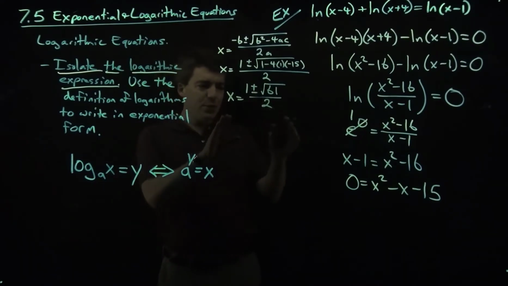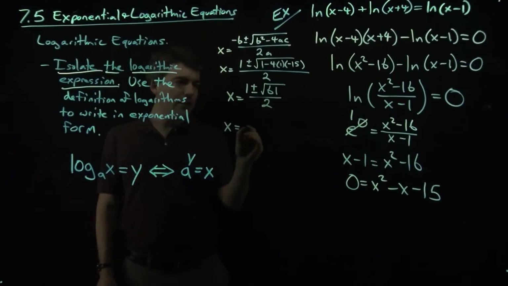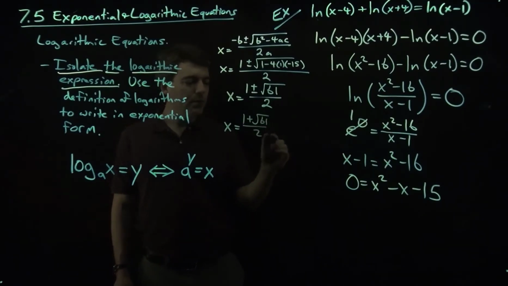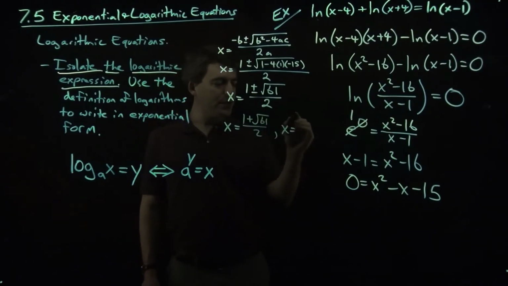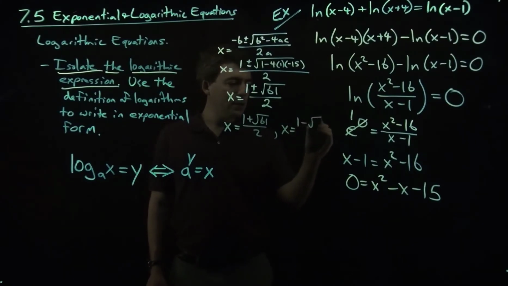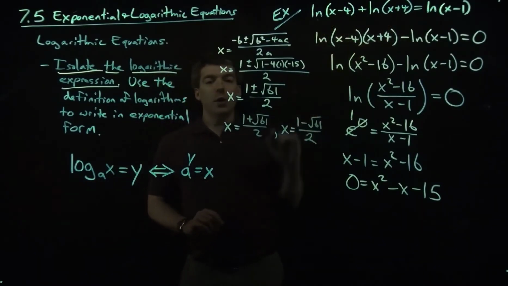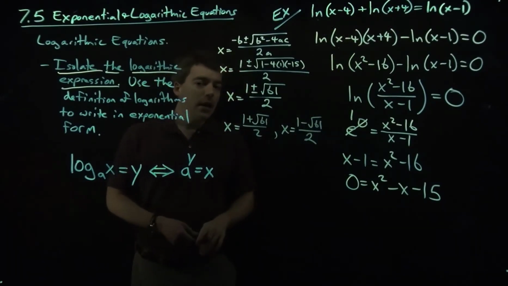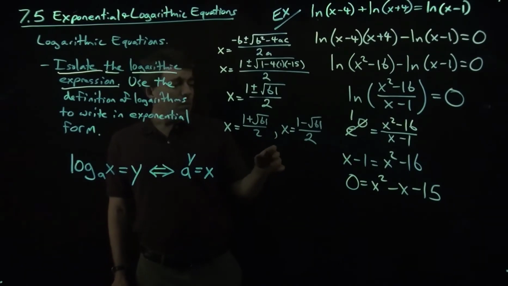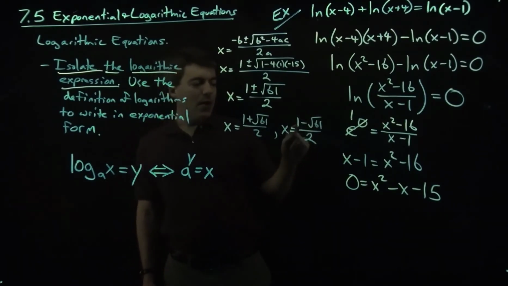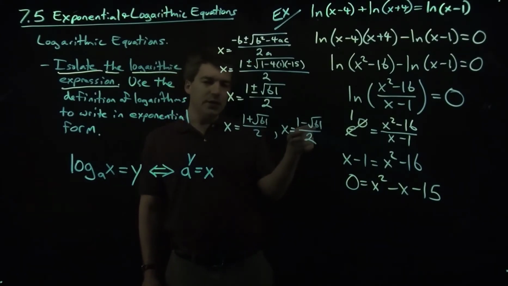All right, this gives us two possible answers here. We have x equals 1 plus square root of 61 over 2, and x equals 1 minus square root of 61 over 2. And now we'll want to check both of these in the original equation to make sure that they verify that equation. If we do that, we'll find that this answer, since we have 1 minus the square root of 61, and the square root of 61